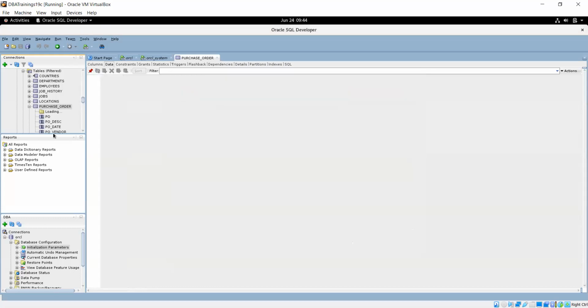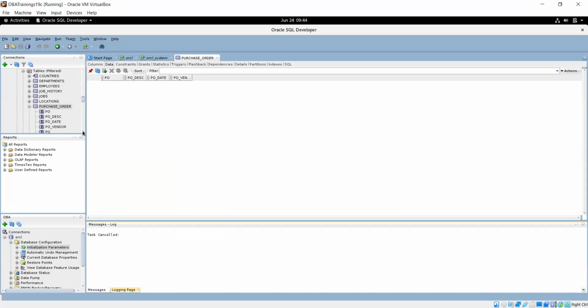Now you can see these columns are there. So this is really a good tool for the people who are using it for development and other things. You can edit, and whenever you need to add or delete, those can all be possible.